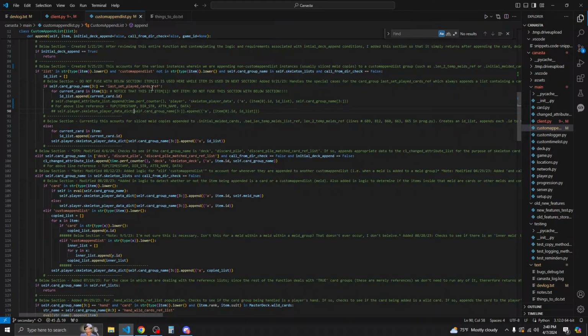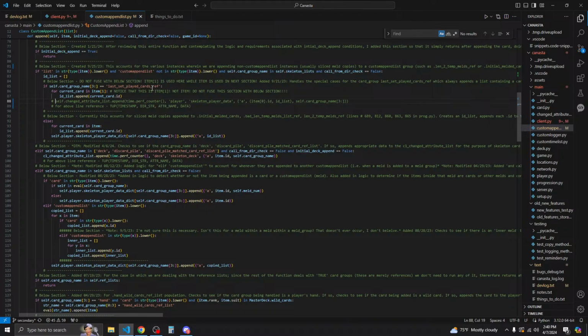So I think that this is correct. If it's player 1, we're going to append that to C1. If it's player 2, it's going to append that to C2, and I'm quite certain that's what we would want. Alright, so we can get rid of that line.